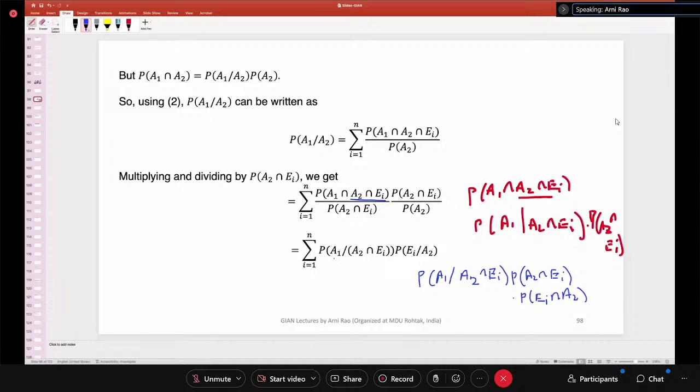So all combined together, it becomes the probability of A1 given A2 and EI, multiplied by the probability of EI given A2 times the probability of A2. These terms are there readily. Applying that,